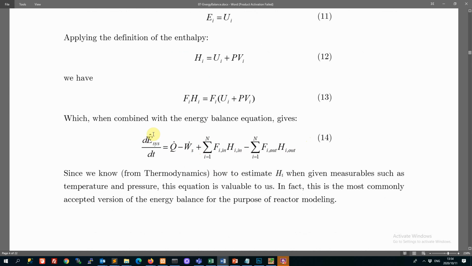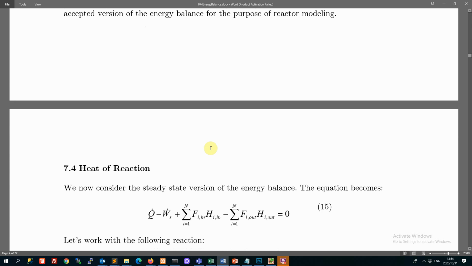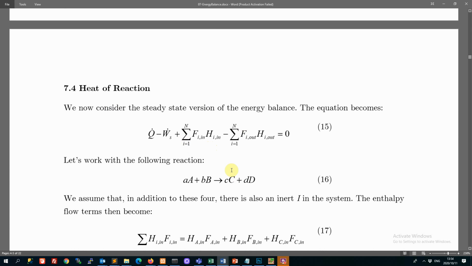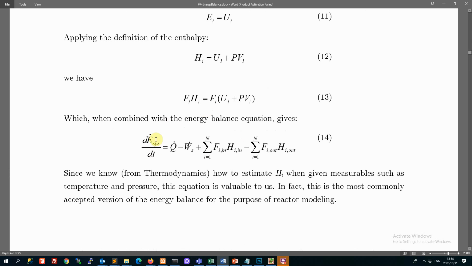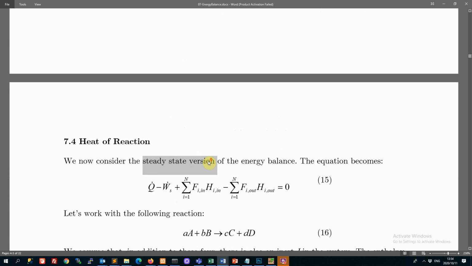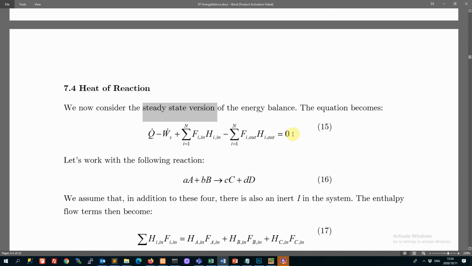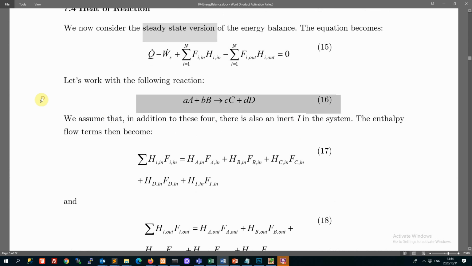Of course, we've got total energy on the system on this side, so let's see if we can improve on that. Well, in fact, it looks here like we are avoiding it for the time being. So we are saying here, just let's consider the steady state version of this equation. So if we do that, of course, then we have a 0 here. And let's imagine this reaction equation. So you've got two components, A and B, reacting to give us a different two components, C and D. And we have some unspecified stoichiometric coefficients,